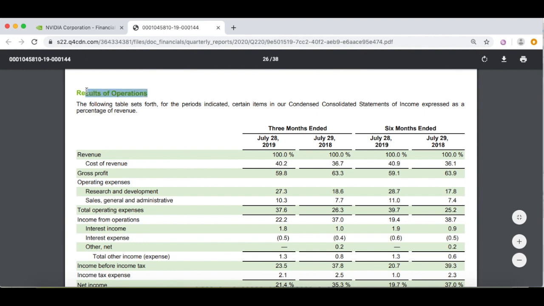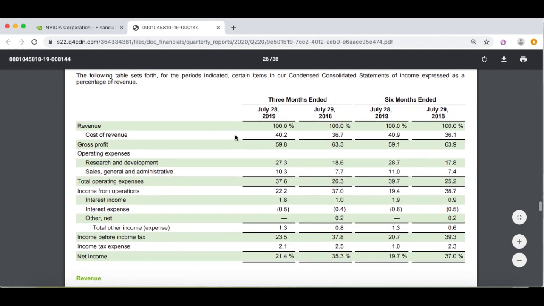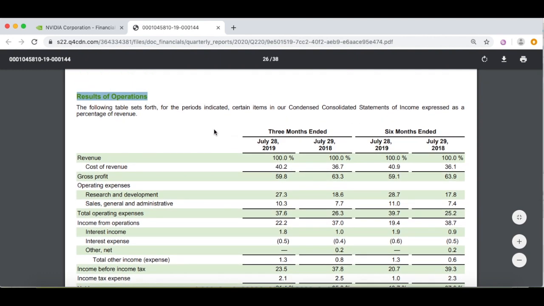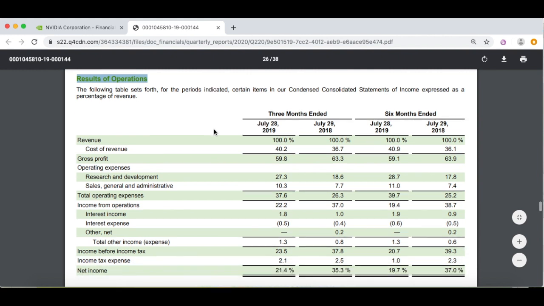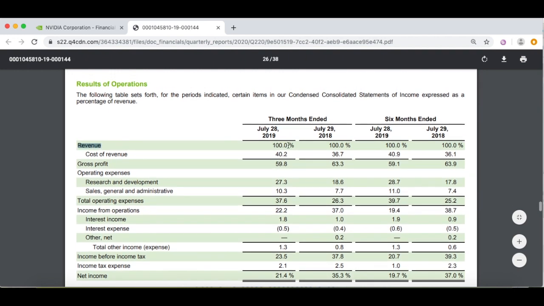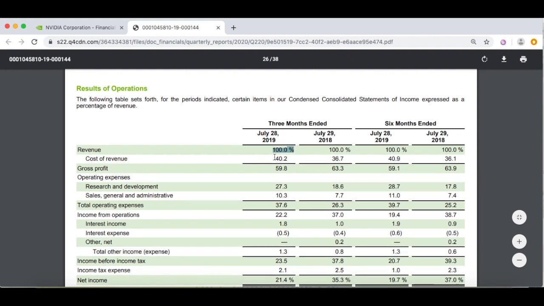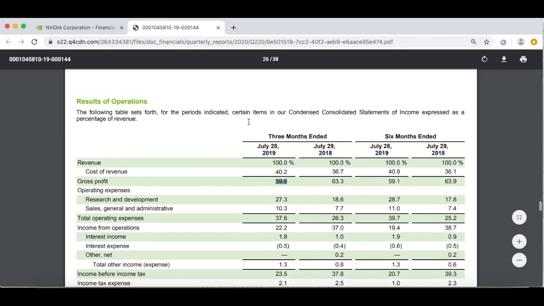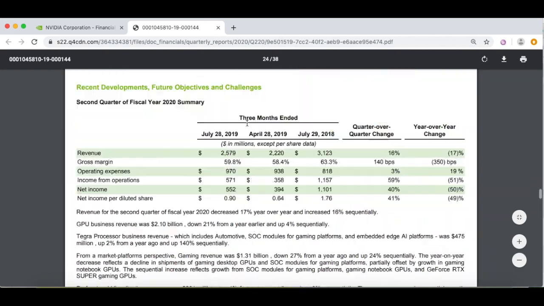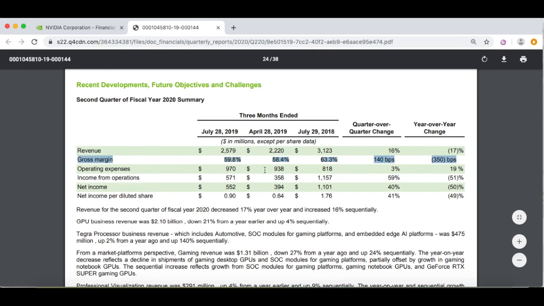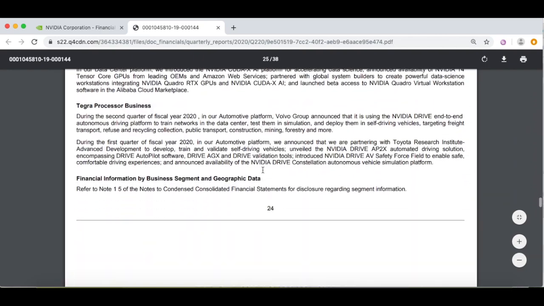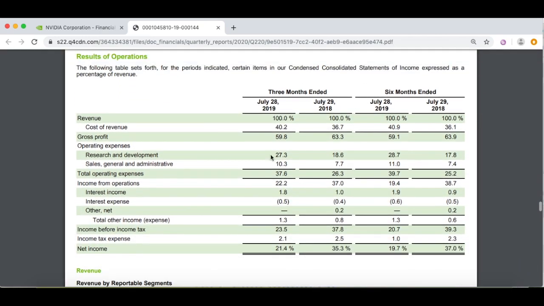Come down, more results of operations. This is essentially the very first page of the financial document we went over, but here it's talking to you in percentages. So here revenue is 100%. They're counting revenue as 100%. Cost of revenue is 40.2%. That gets you to this gross margin number that we saw right up here. This is where they're basically getting it. So gross profit